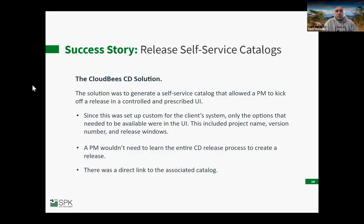I think the self-service catalog is definitely one of the most critical features in CloudBees CD. And when it's developed correctly, in this case for example, it provides functionality that allows teams to become so much more efficient. And this is actually one of the stories where I think having the front end, that portal entry,